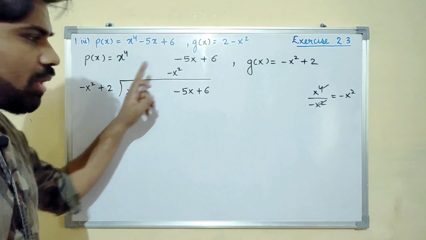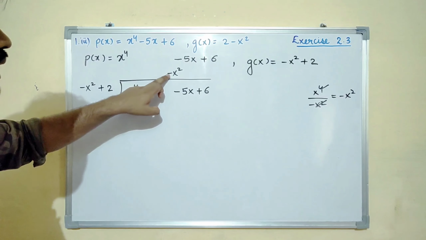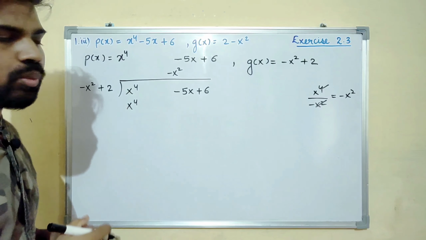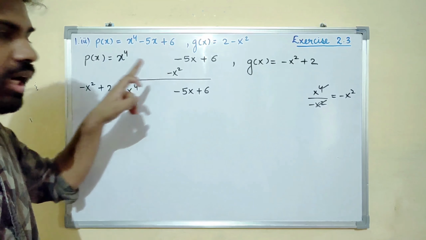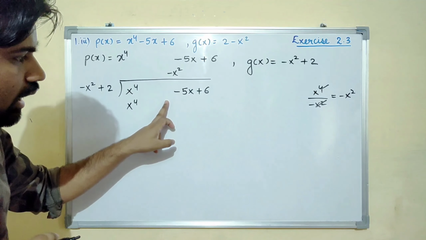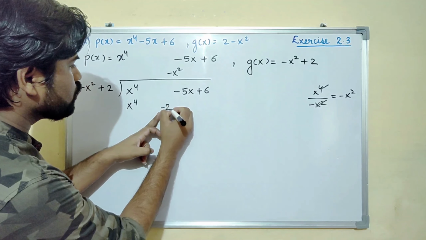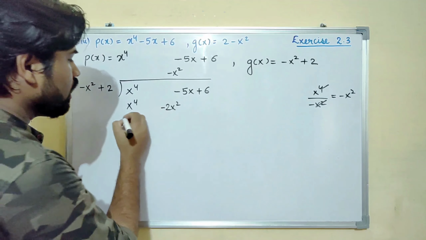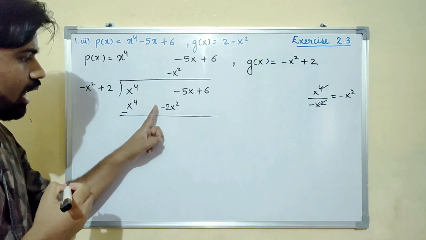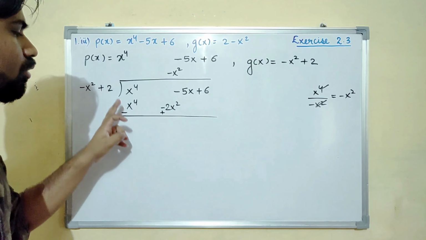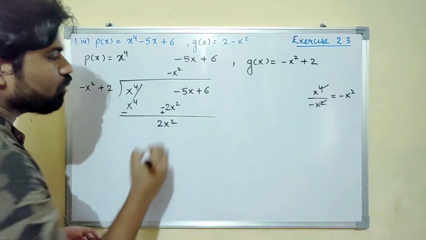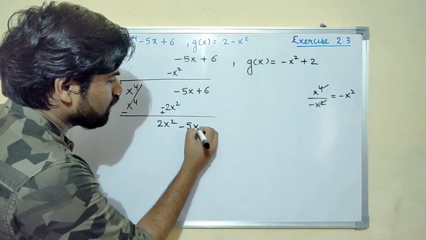Now multiply minus x square by the divisor. Minus x square multiplied by minus x square will give plus x to the power 4, right? And then minus x square multiplied by 2 will yield minus 2x square, which you have to write here, right? Minus 2x square. Then let us solve it. Let us reverse the signs. This will be minus and this is minus, so it will become plus. After solving, you will get this cancelled,